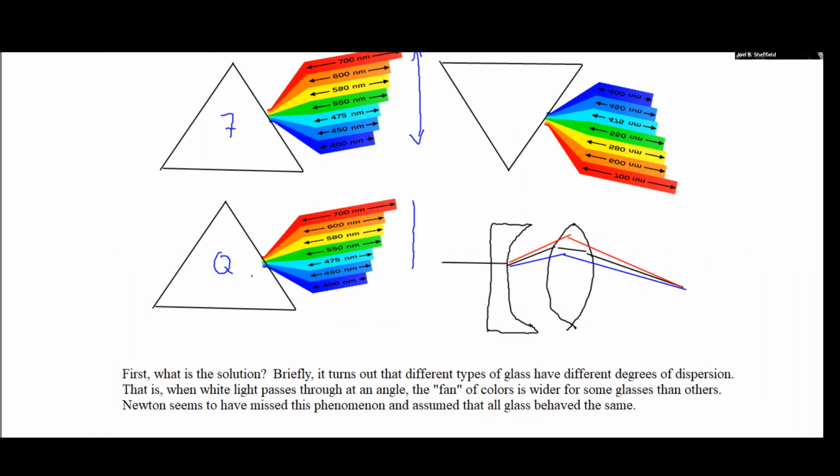So the idea is that this one is smaller and this one is larger. That was an observation that was made somewhere around the early part of the 18th century, actually, 1729, 1725, something like that. And a man by the name of Hall figured out that if I make two lenses,